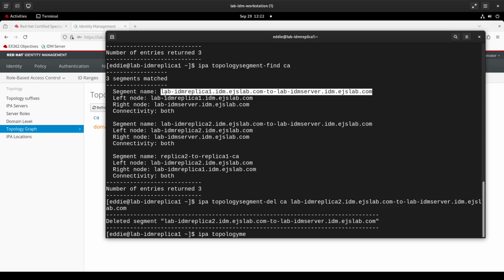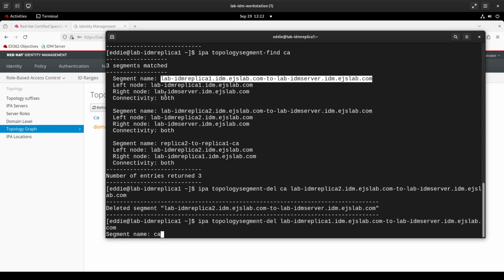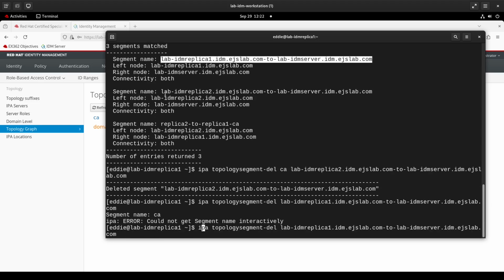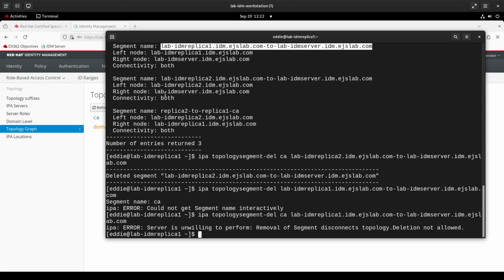It's not a good technical definition of why it would fail, but I think I've seen an error like this before. Oh, segment name. Wait. Oh, I see what I did wrong. First is expecting the suffix and then segment name. Yeah, so it's not. So the one we were trying to get rid of